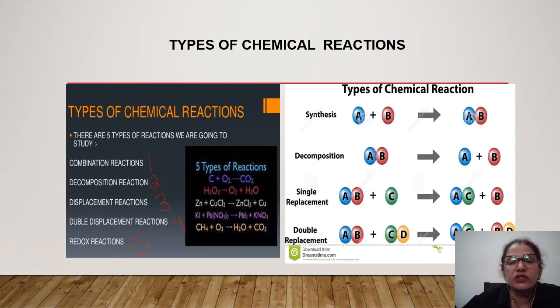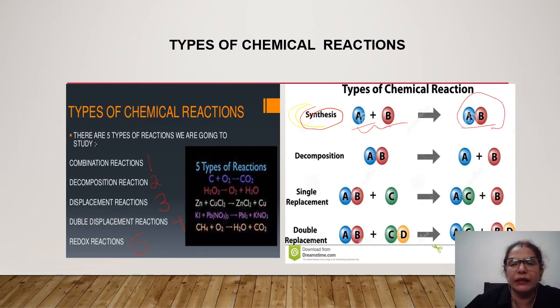Combination reaction is also known as a synthesis reaction. Combination is also known as synthesis. Okay, let me take a darker pen so that you can see. What does synthesis mean? Making of something. So when two or more substances combine and they form a new substance, or they may form two or more new substances, it is known as synthesis or combination. They are combining, they are coming together to form new substances. So A plus B giving AB. It's a new substance which is formed.